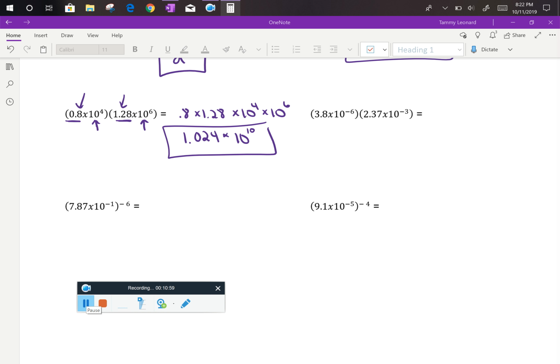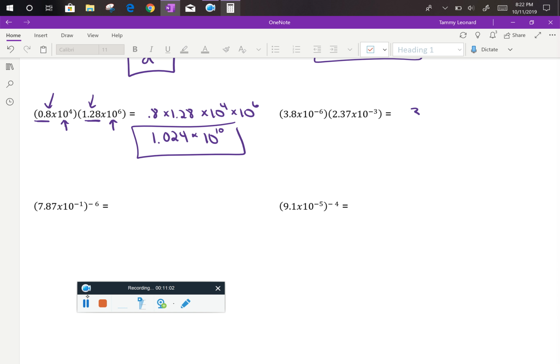Looking to the right, we're going to take the same way of regrouping the problem. In our calculators, we're going to do 3.8 times 2.37, and then that's being multiplied by 10 to the negative 6th times 10 to the negative 3rd. You'll notice that in scientific notation, they tend to use the little kid times sign of the x, and they're doing that so that you won't get confused between the dot times sign and a decimal point. This is pretty much the only time you're going to see me use this type of a multiplication sign this whole year. So going to the calculator and doing 3.8 times 2.37, we get